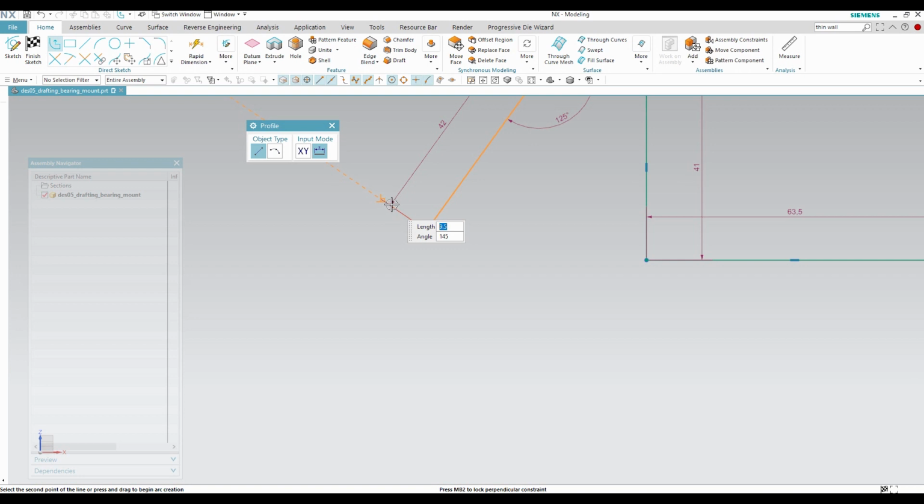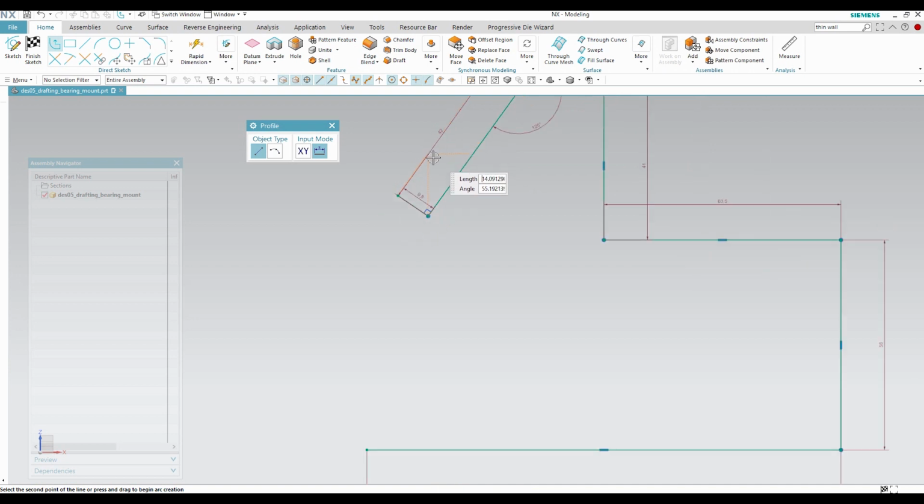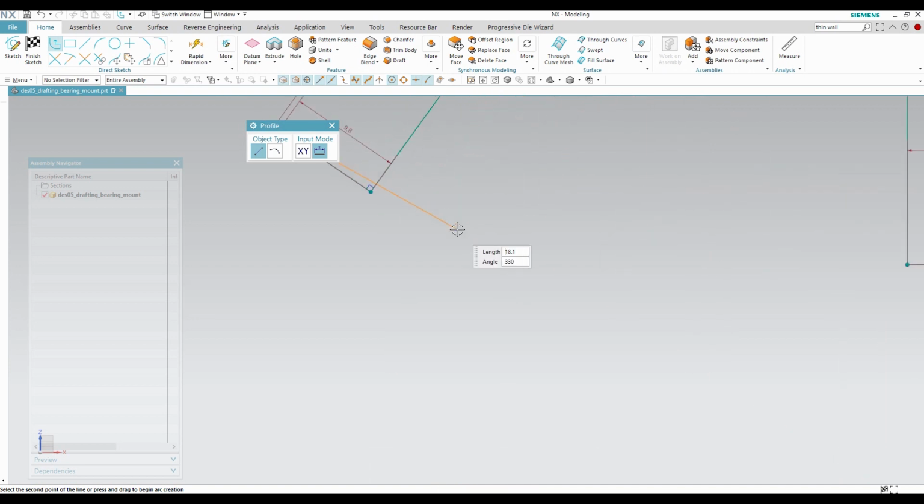I don't know if you can see that, but there's also a parallel. Zoom out here. There we go. Right there. All right. Not only that, but it's also giving me that I'm going to be at the midpoint of that as well. So I'm going to say yes, and work my way out. So I'm just kind of visually showing you